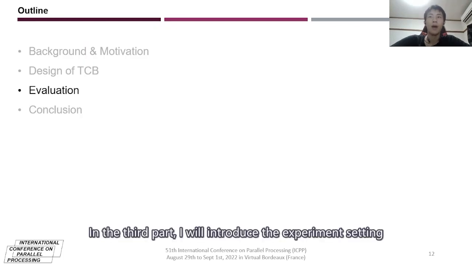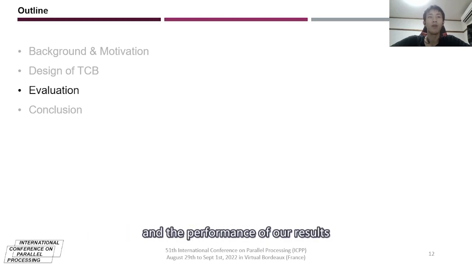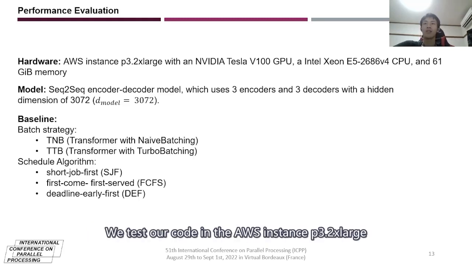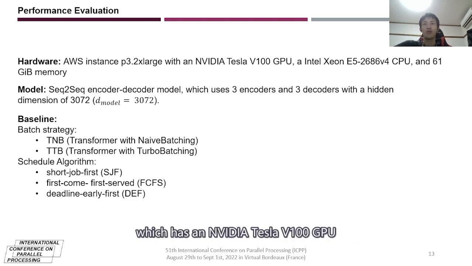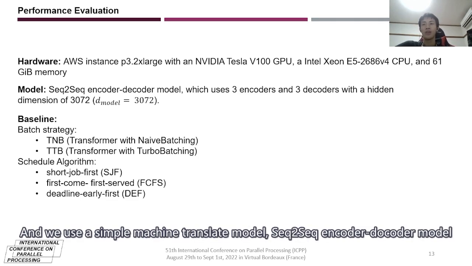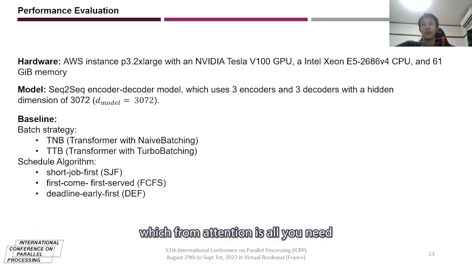In the third part, I will introduce the experiment setting and the performance of our results. We test our code on the AWS instance P3.2xlarge, which has an NVIDIA Tesla V100 GPU, and we used a simple machine translation model, the sequence-to-sequence encoder-decoder model from Attention Is All You Need. In batch strategy,